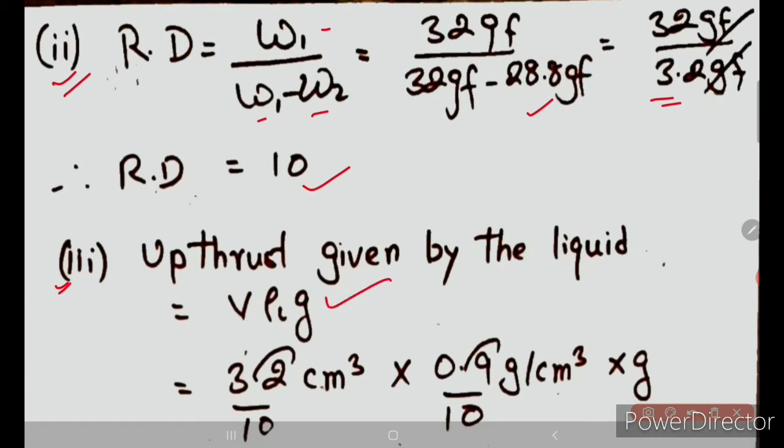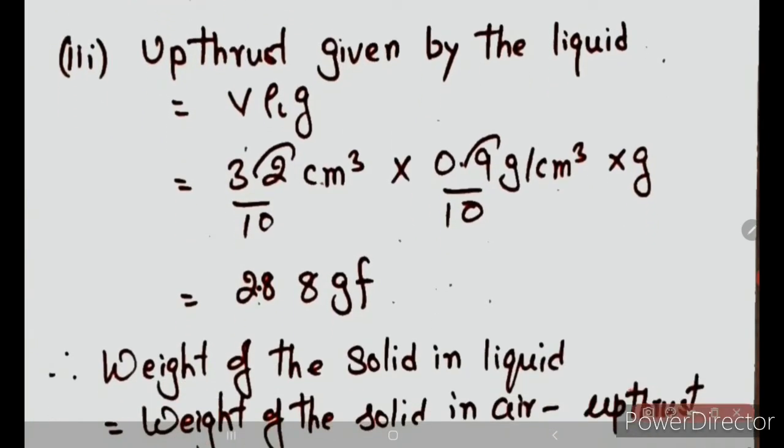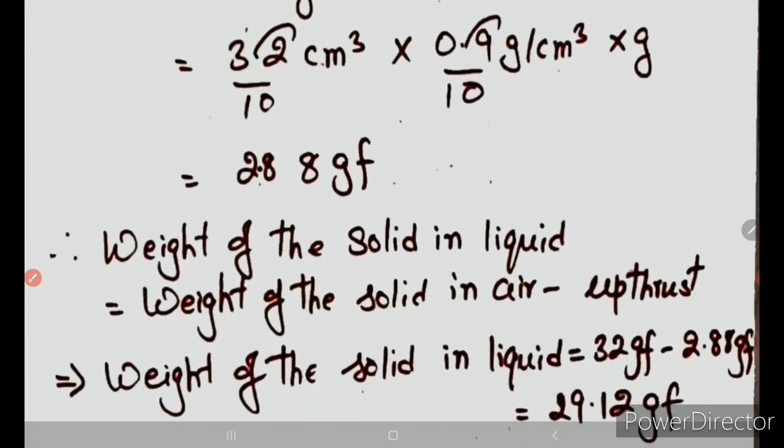Now density has been changed. Okay, so for solving it, we shall get 3.2 centimeter cube multiplied by density, which was 0.9 gram per centimeter cube, multiplied by g. Solving it, we shall get 2.88 gram force. So the weight of the solid in the liquid, which you are supposed to calculate, will be equal